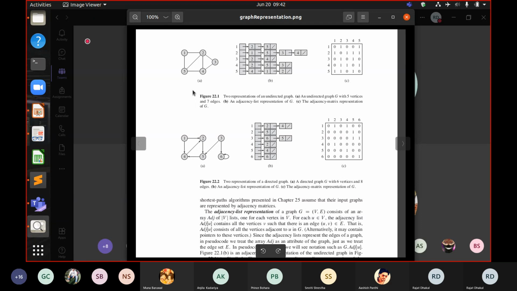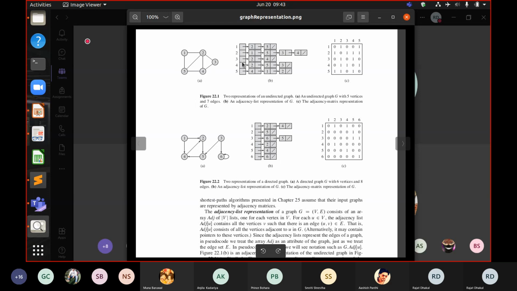This one's an undirected graph and this one's a directed graph. So the undirected graph G has 5 vertices. It has 5 nodes here and 7 edges. So 1, 2, 3, 4, 5, 6, 7, a total of 7 connections here.